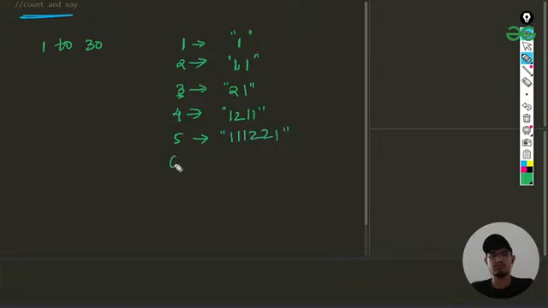I hope this is making sense to you. First we read how many ones there are: 3 1s, 2 2s, 1 1.